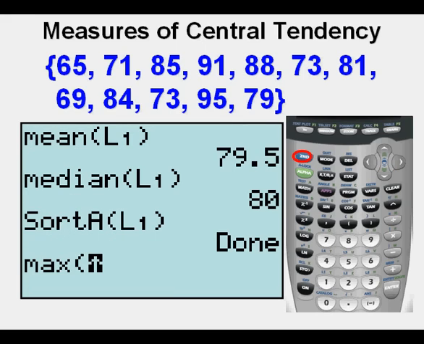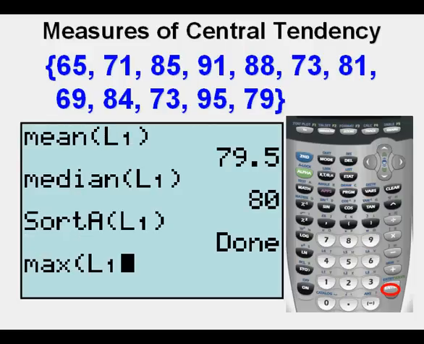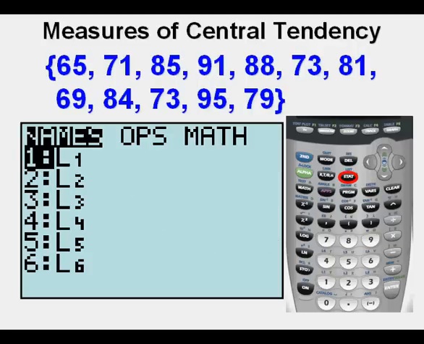Now enter L1 by pressing Second, then Stat for List again. Choose L1 by pressing Enter. Now enter the closing parentheses. We've entered the maximum value for L1, and to find the range we need to subtract the minimum value, so we press the minus sign, and that's not the negative sign at the bottom of the keypad. Now to enter the minimum of L1 we press Second, then the Stat key to get to the List menu,